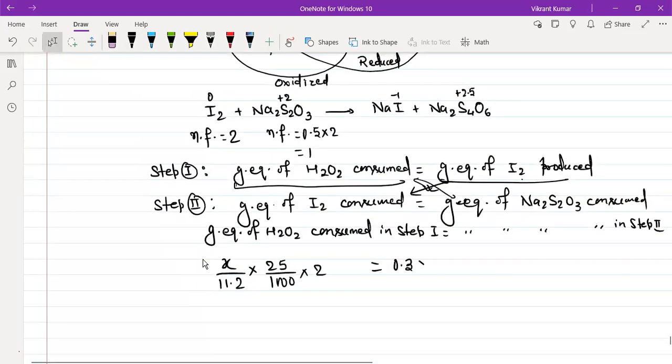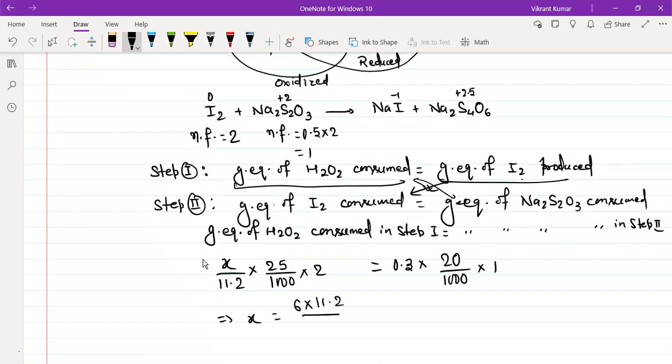So 0.3 is molarity. 20 ml ka matlab 20 by 1000. And then n factor is 1. So itna hi solve karna. If you solve it, what we are getting, 1000 cancel, 6 upon 50 into 11.2. 66, 67.2, double of that will be 134.4. So it will be 13.44 जैसे कुछ answer आ जाए. ओके,